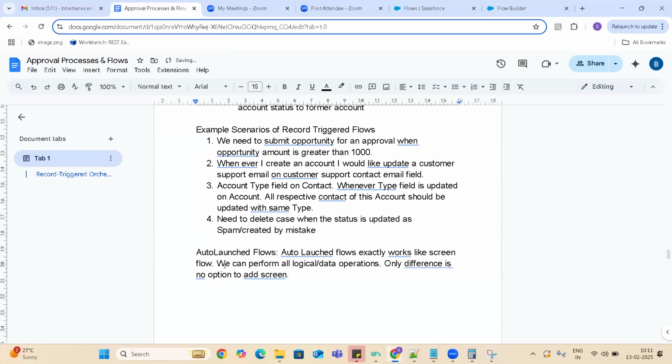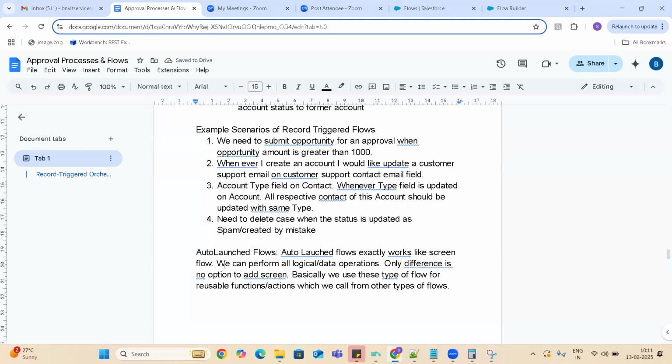So basically we use these types of flows for reusable functions or actions, which we call from other types of flows. That's it, guys.